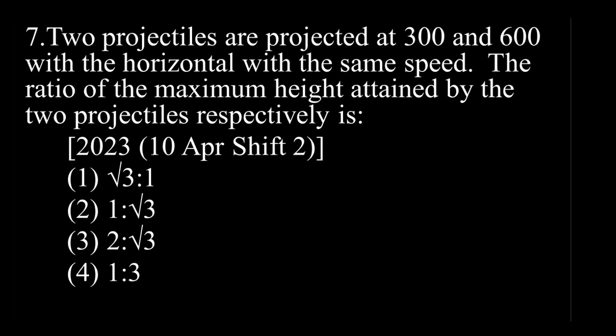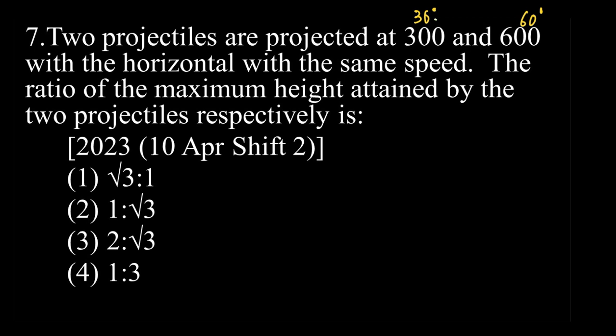Two projectiles are projected at 30 degrees and 60 degrees. Oh, okay, my bad. It's 30 degree and 60 degrees, with the horizontal with the same speed. The ratio of the maximum height attained by the two projectiles respectively is,